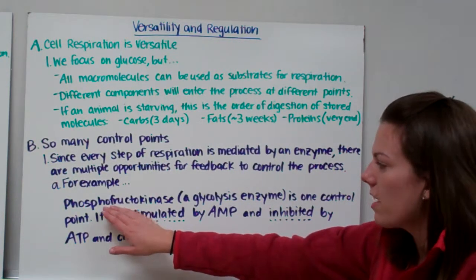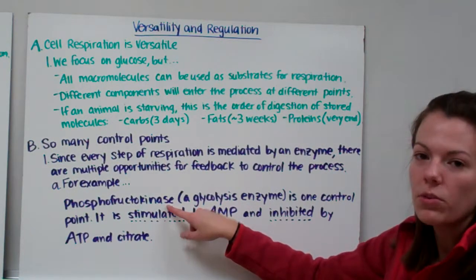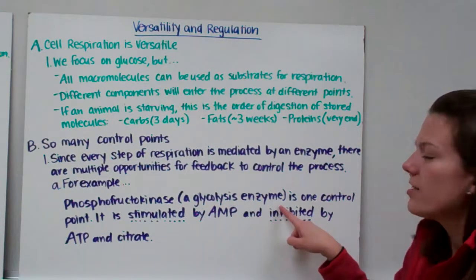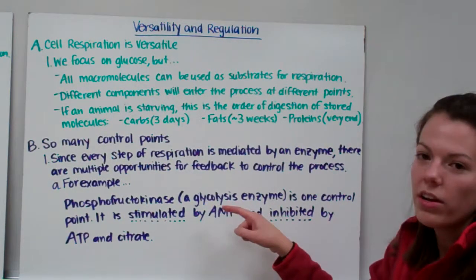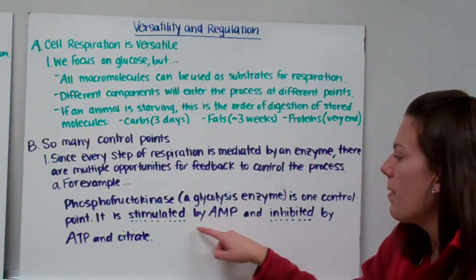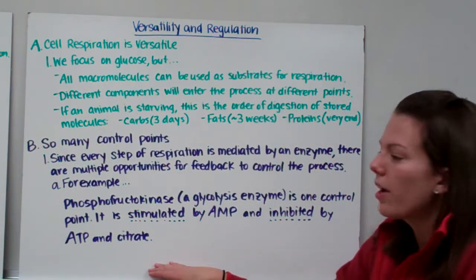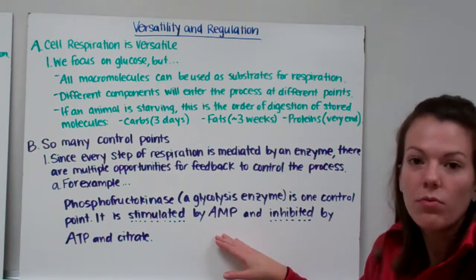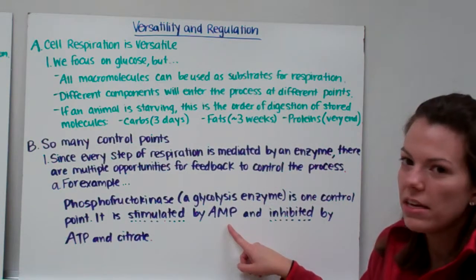For example, we have the enzyme phosphofructokinase. Remember, the suffix -ase is a sign that we're talking about an enzyme. Phosphofructokinase is a glycolysis enzyme, involved when we're originally breaking down our glucose in glycolysis. It's one control point. It is stimulated by AMP and inhibited by ATP and citrate. When we have a lot of AMP, and remember, AMP is low energy, so when we're low on energy, because we don't have ADP or ATP,